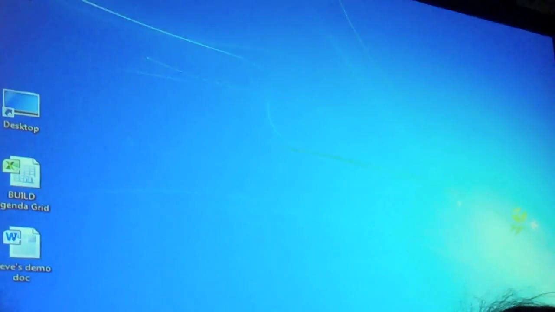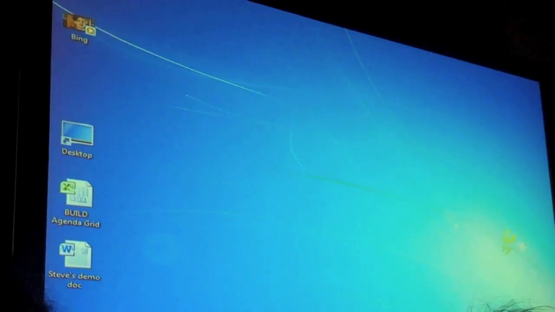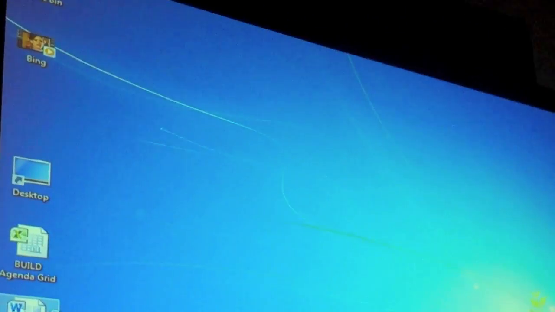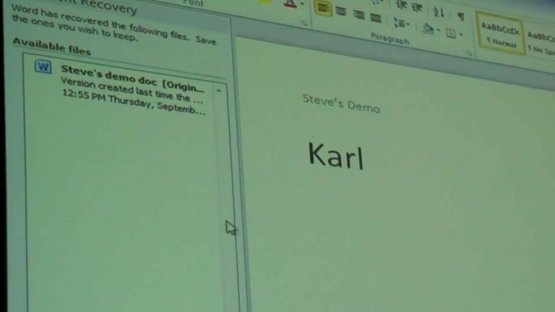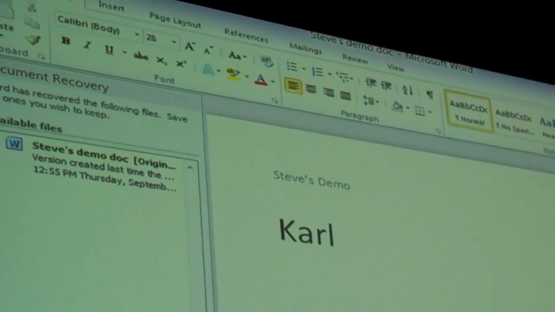If I go to the desktop, this is the same desktop that I had. I'll bring up this Word document here, and you'll see that it's the same Word document that we were using on the other machine. So there's Carl's name. So again, what we just showed here was the ability to